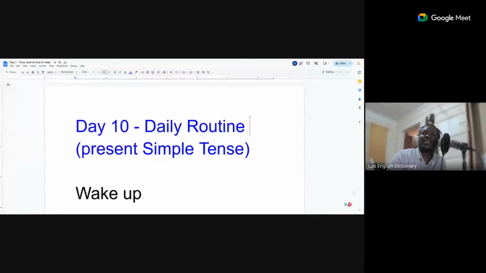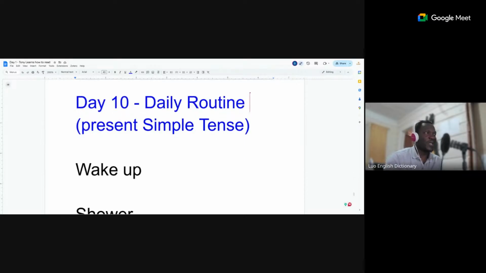The reason we want to talk about daily routine is that it's easy to remember and you'll use it every day. So you can always try and go through it and see whether you're remembering stuff. First of all, we have a few words that we want to talk about. And then, Tony, after we've talked about the words, I think you'll have to search the internet for some pictures to put next to the words, so that we can put some words below the pictures to remember.